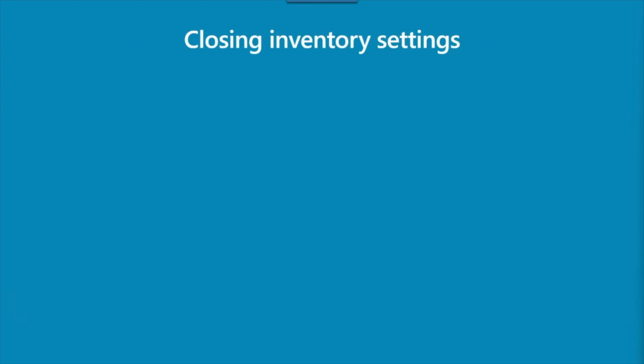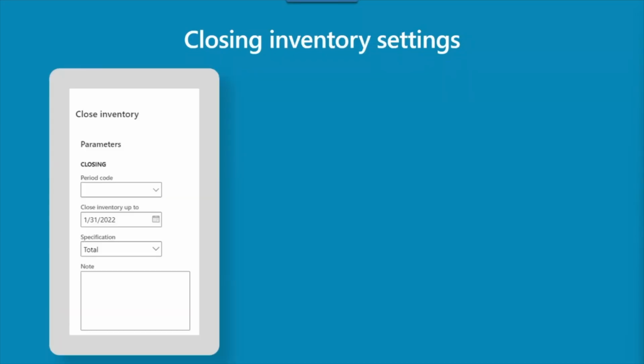When you're ready to close the inventory, you'll click the Close Procedure button and then select Close Inventory. This will open the Close Inventory dialog. And here you can see the top half of the Close Inventory dialog page. The first thing you'll need to do is specify either a period code or a date to close inventory up